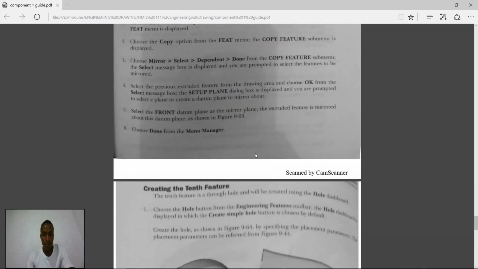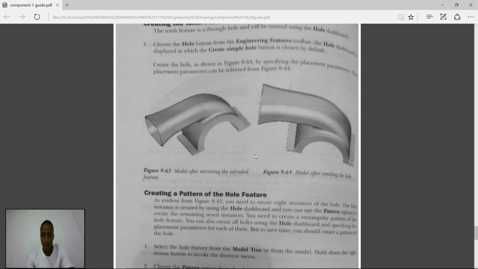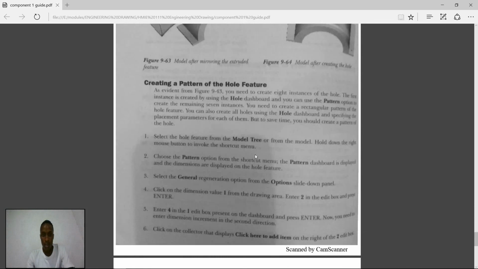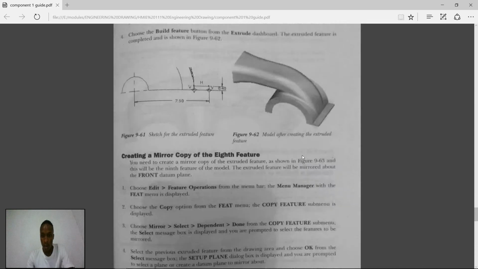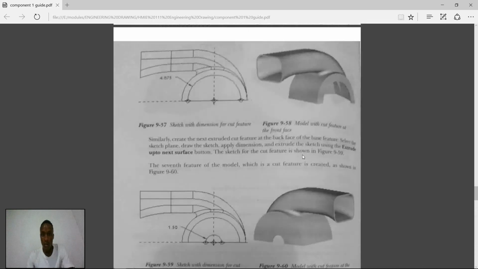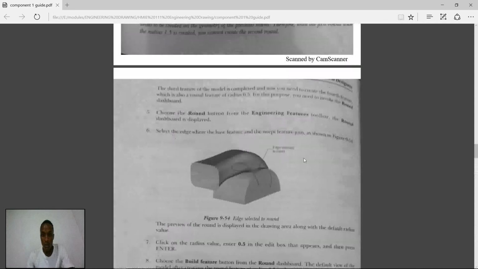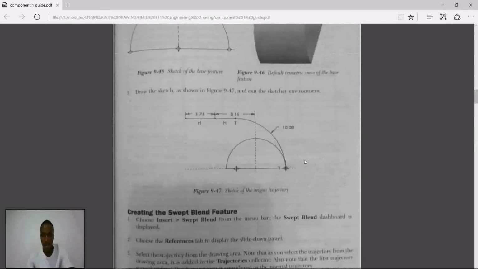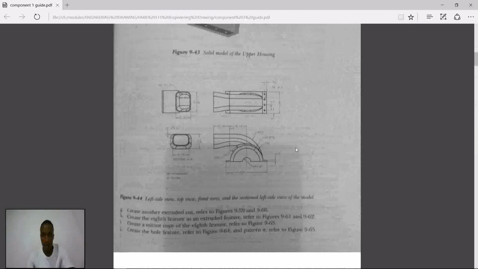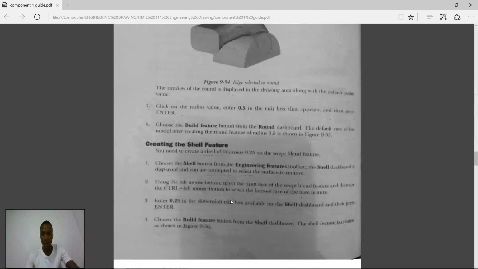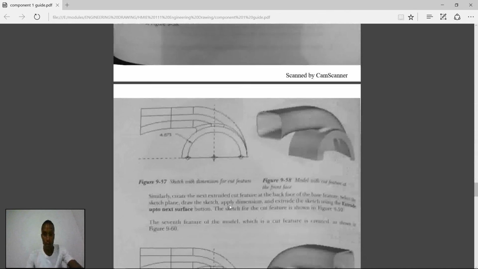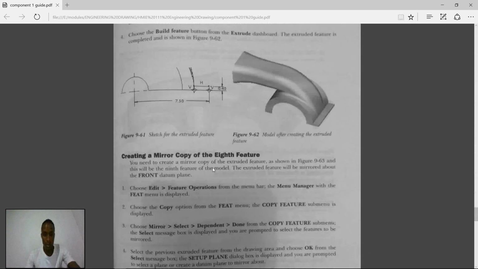So now we want to create the holes which are shown here. We want to create these holes which are drilled holes. Now to do that, we are going to use the following steps,